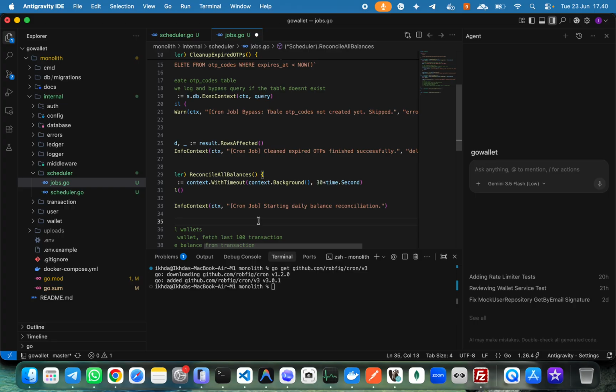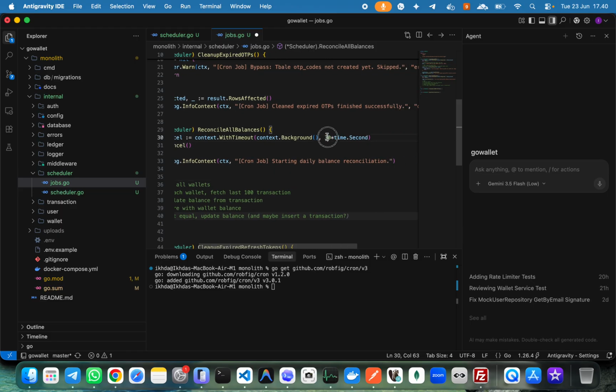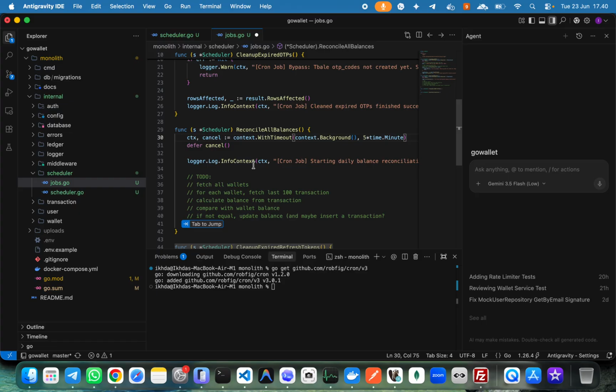Wait, we have a reconcile, right? Reconcile the balance. I think we have this one. Okay, so what we are going to do is defer cancel, wait a second, I think 5 minutes, time.Minute, sorry, and then starting daily balance